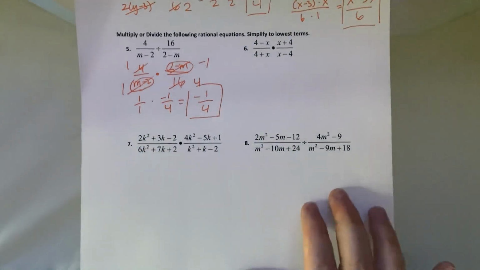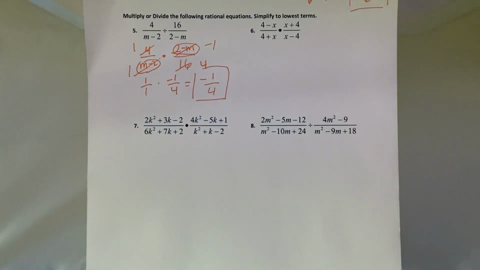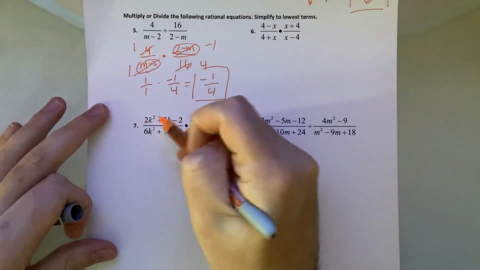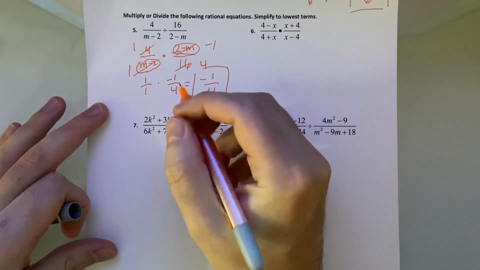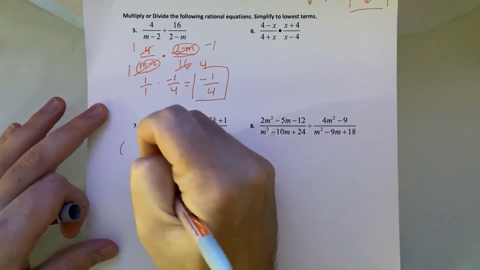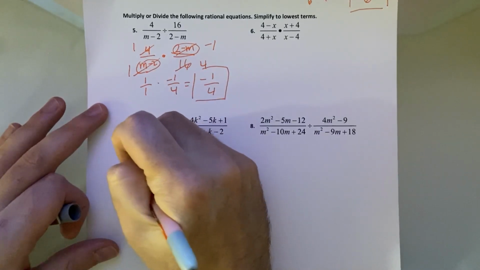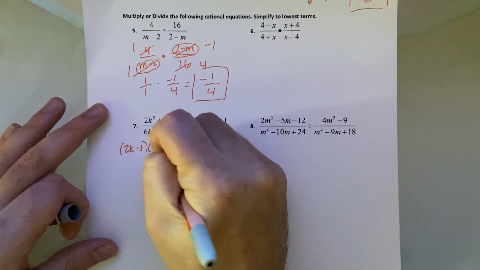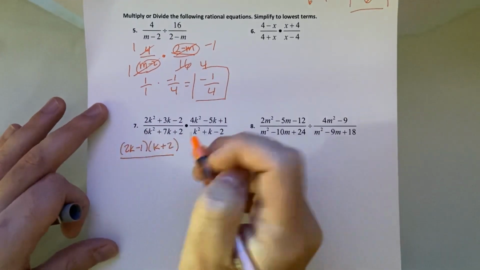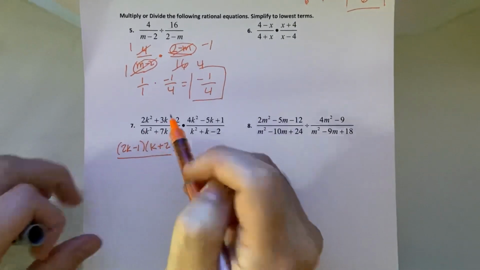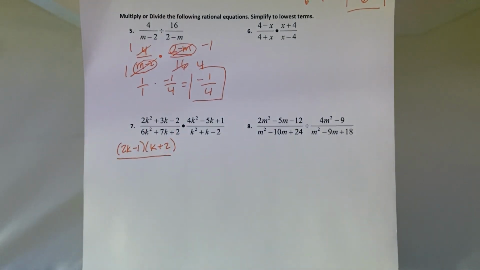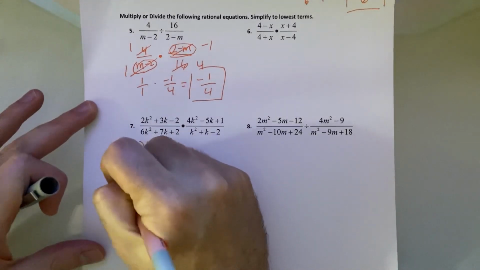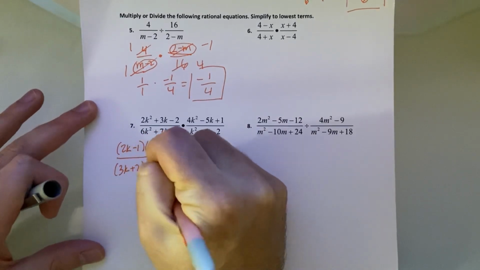Now number 7, all of those have to be factored, so you're going to have to factor 4 different things and see what cancels. 2k squared plus 3k minus 2. I'm going to factor that into 2k minus 1 and k plus 2, over 6k squared plus 7k plus 2. It's going to be, I think, 3k plus 2 and 2k plus 1